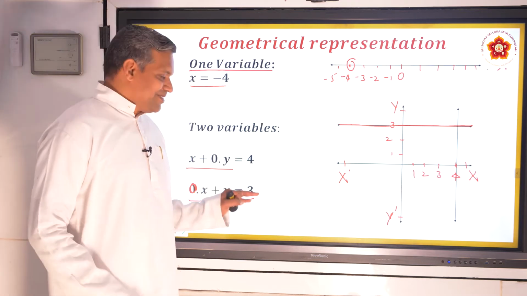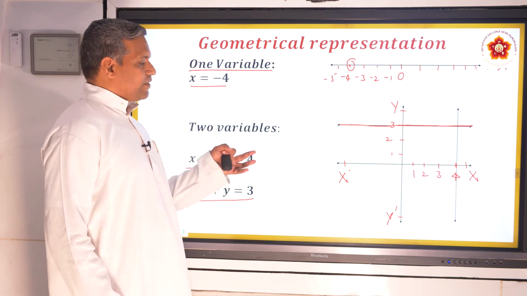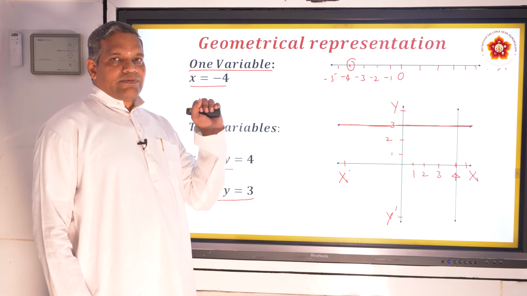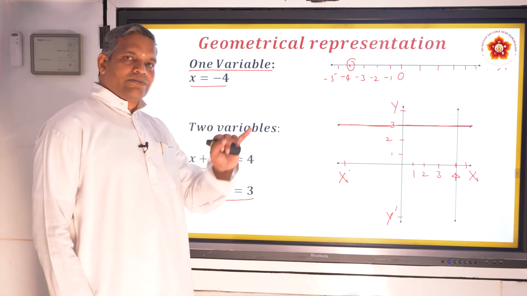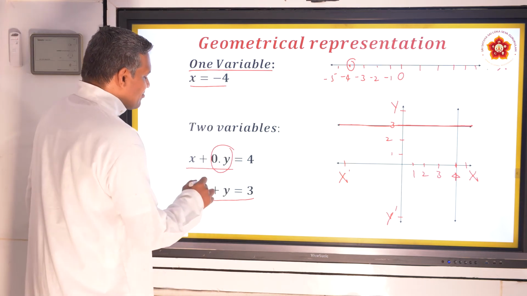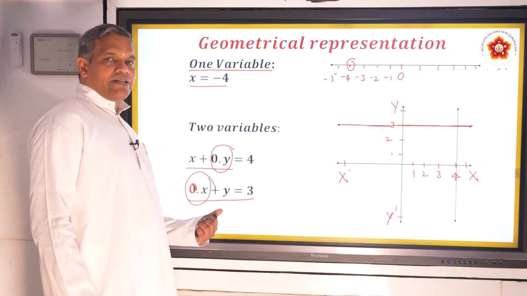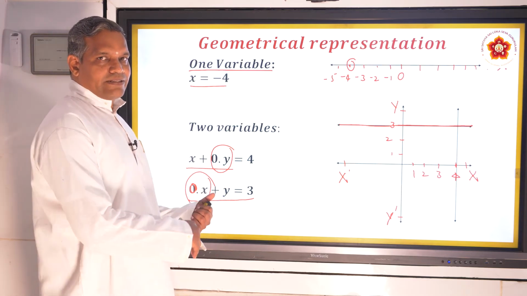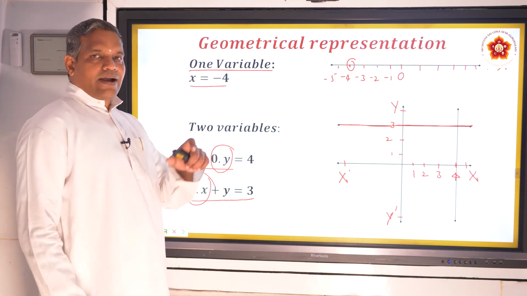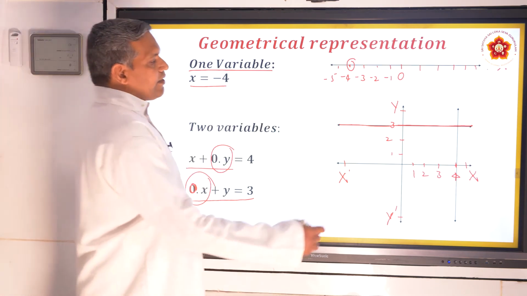Did you understand? Actually, this is not the right process of giving this as an example of linear equations in two variables. The basic definition, you remember, is a is not equal to 0, b is not equal to 0. But here I have taken 0y here and 0x here. Why? Because of your NCERT textbook. They have given this example, refer to the textbook. Because of that, I have taken this as an example. I am making it very clear: it is not a linear equation in two variables according to the standard definition. But x can be represented, y can be represented. You will get a graph line.